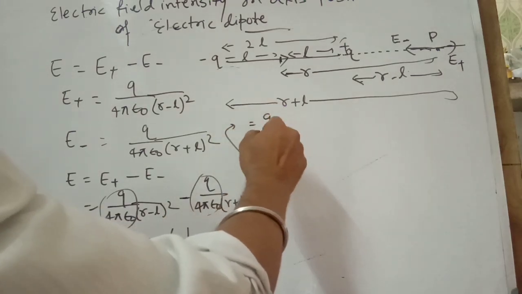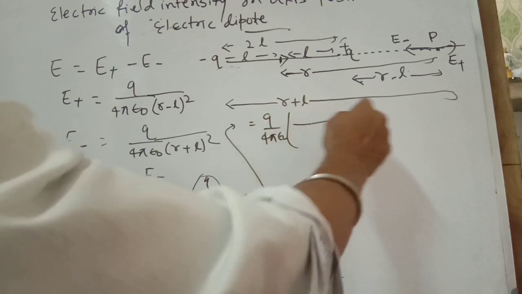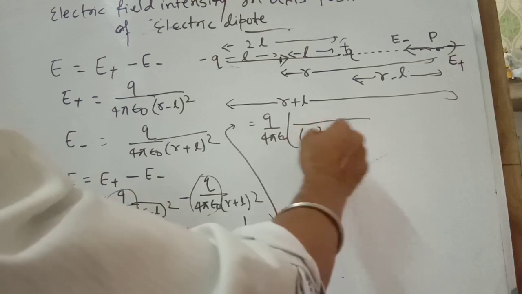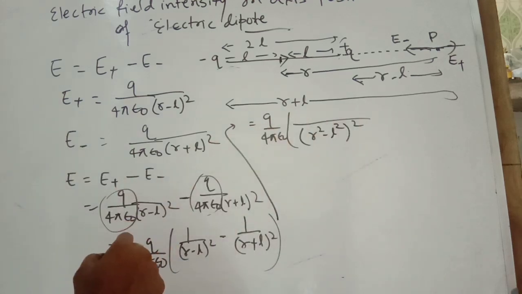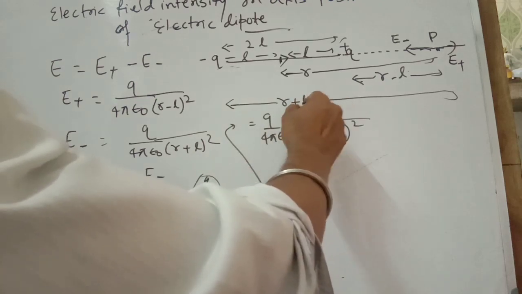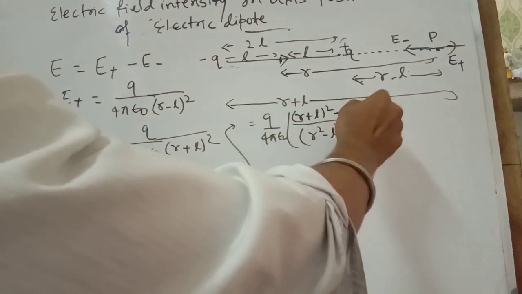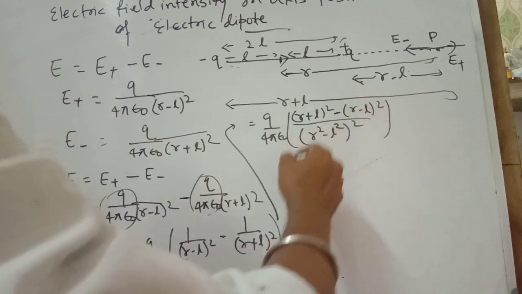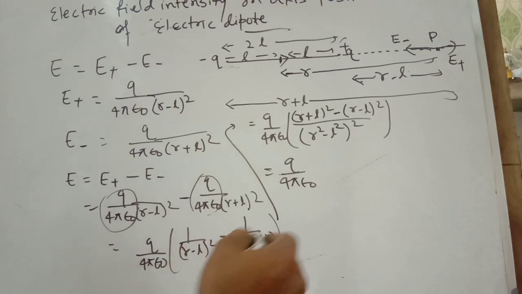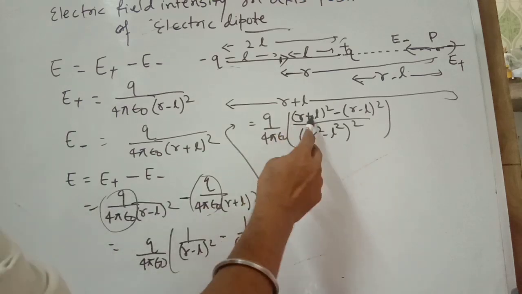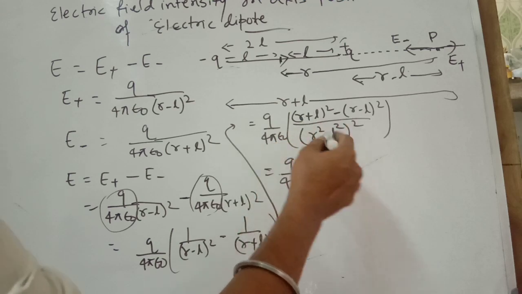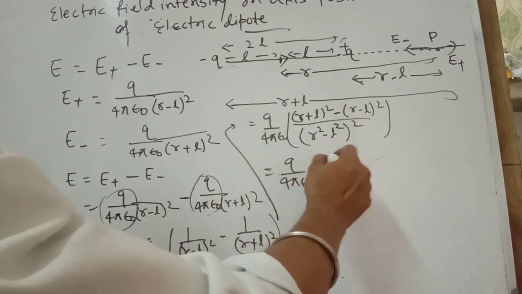Okay, so q by 4 pi epsilon naught, when you take the LCM, it will become (r square minus l square) whole square in the denominator. In the numerator we have (r plus l) square minus (r minus l) square. When you solve, the r square and l square terms cancel. Here the 2rl and plus 2rl will become